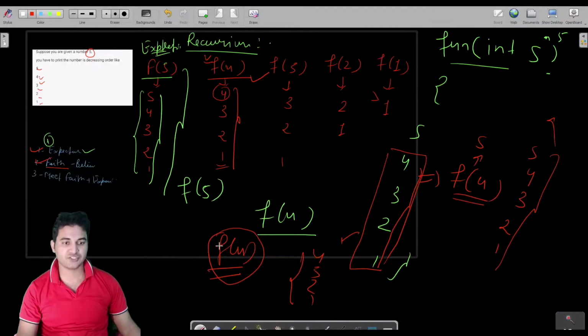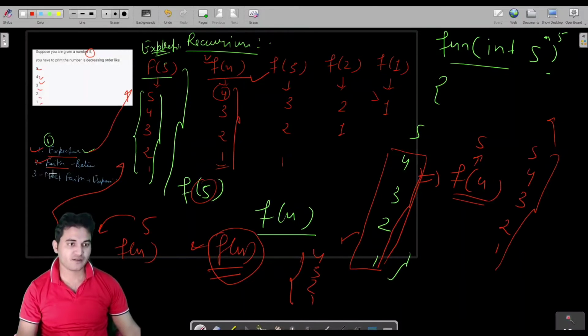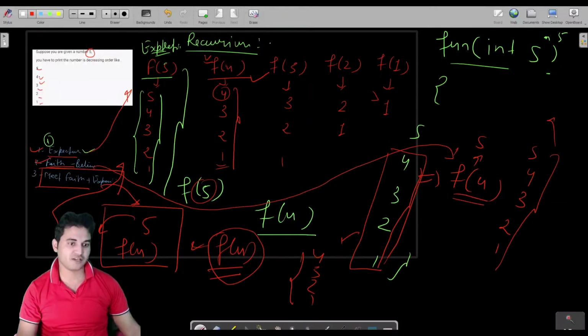Fine. So f of 4 will do its job. Before calling this function, why not print the input which has been provided to you? So print 5 and call f of 4. So 5 you have printed manually. F of 4 will print itself, which is 4 3 2 1. Eventually you are getting your expected output. Look at here. So this was the expectation, and faith was this. You are having faith that f of 4 will do its job, and this is the meat of expectation and faith. Here we are meeting our expectation with faith. Fine. So this is all about the faith and expectation mechanism.